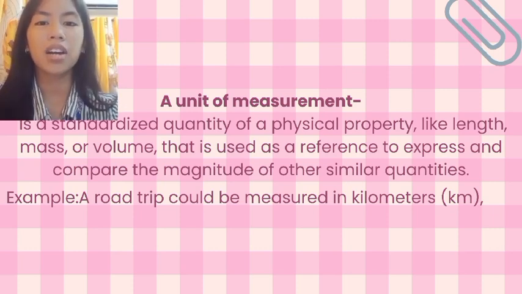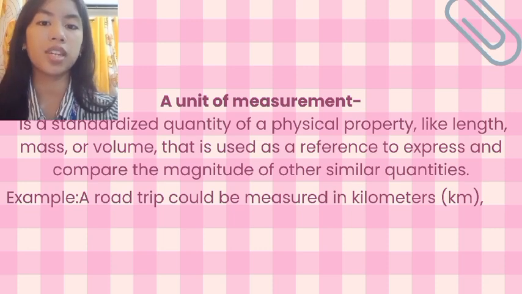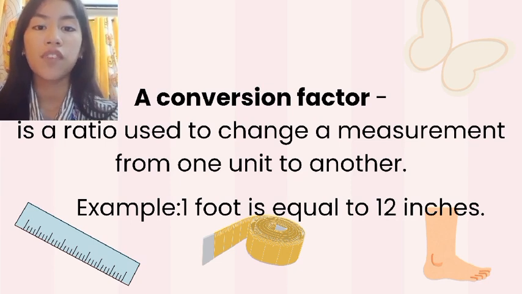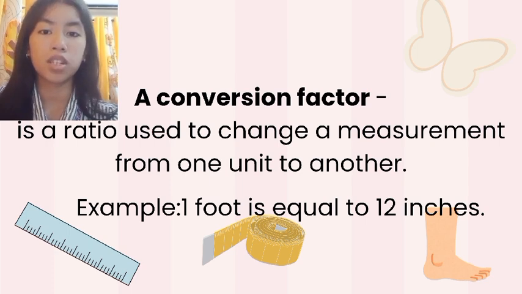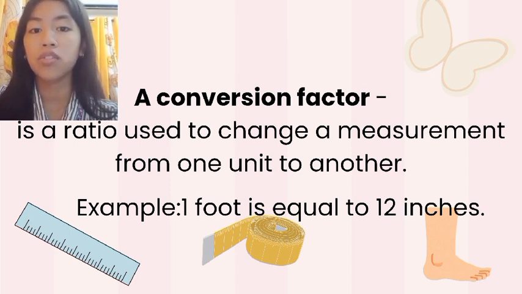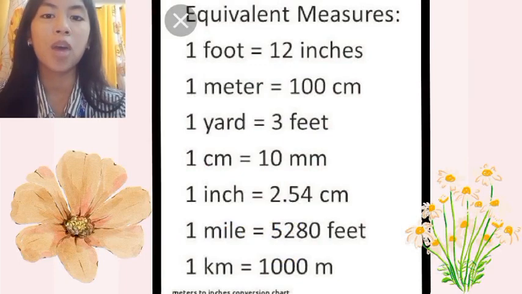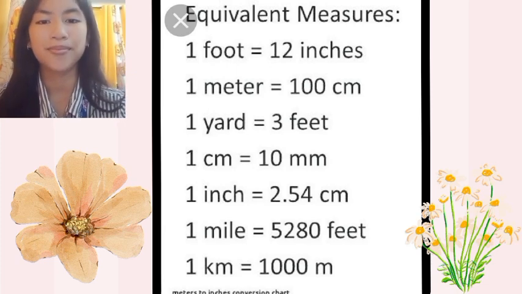Now, let's talk about how to actually convert between different units. The key is to use conversion factors. A conversion factor is a ratio that expresses how many of one unit are equal to another unit. For example, we know that 1 meter is equal to 100 meters. The trick is to choose the right conversion factors so that the units you want to get rid of cancel out. Here is a table of common conversion factors: meters to centimeters, inches to feet, kilometers to pounds, and etc.